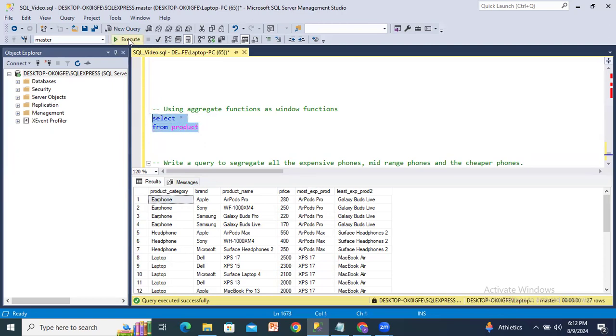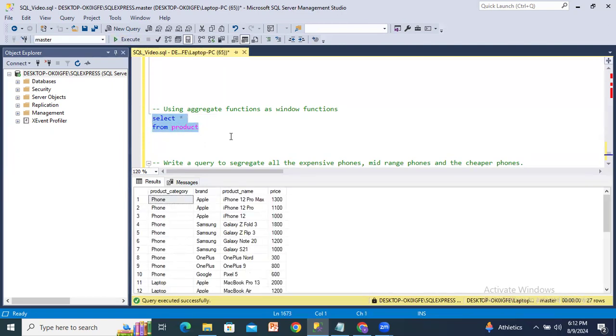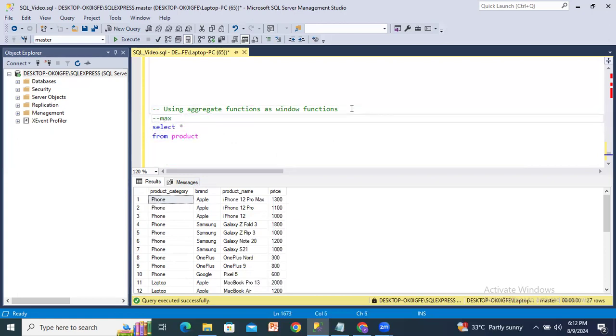So if we get this table, now I will try to get the max price. Here we'll get the max and min value of every product category. So max price, comma, I will write max of price